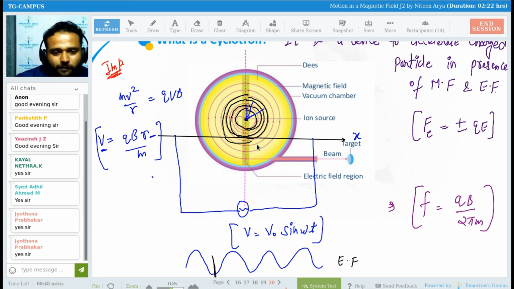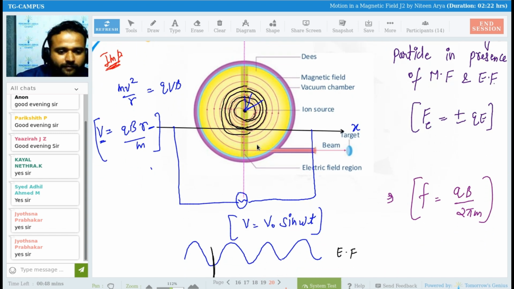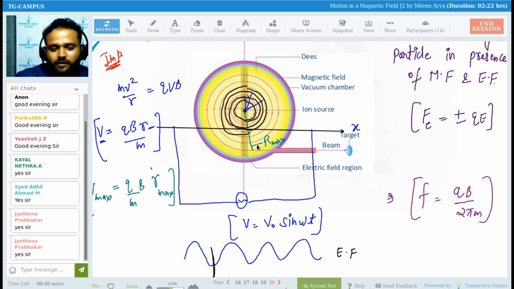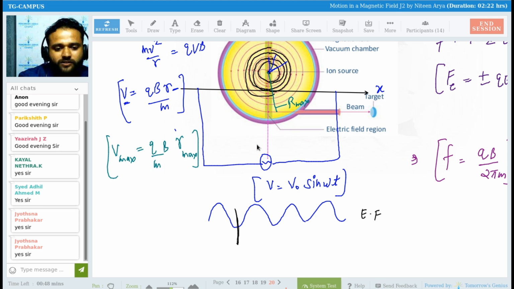So the moment we reach up to the highest radius, this is your R max. So at R max, I get my V max, velocity max, because q by m is fixed and B is fixed. So my velocity depends only on radius. If everything is fixed, the charge by mass ratio is fixed